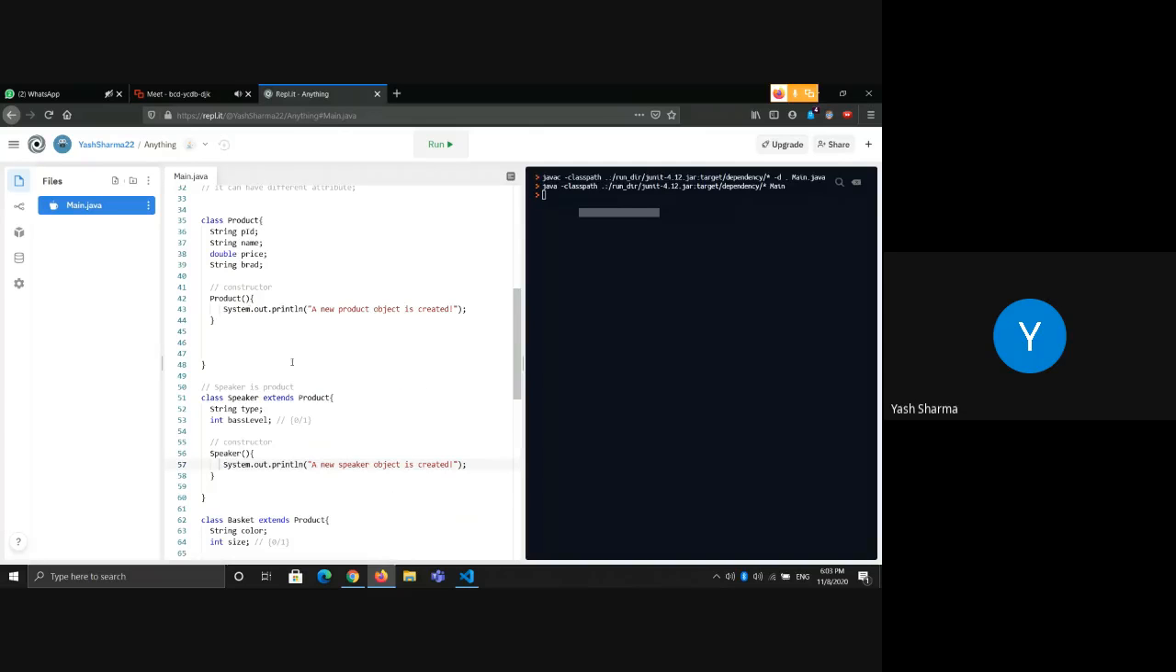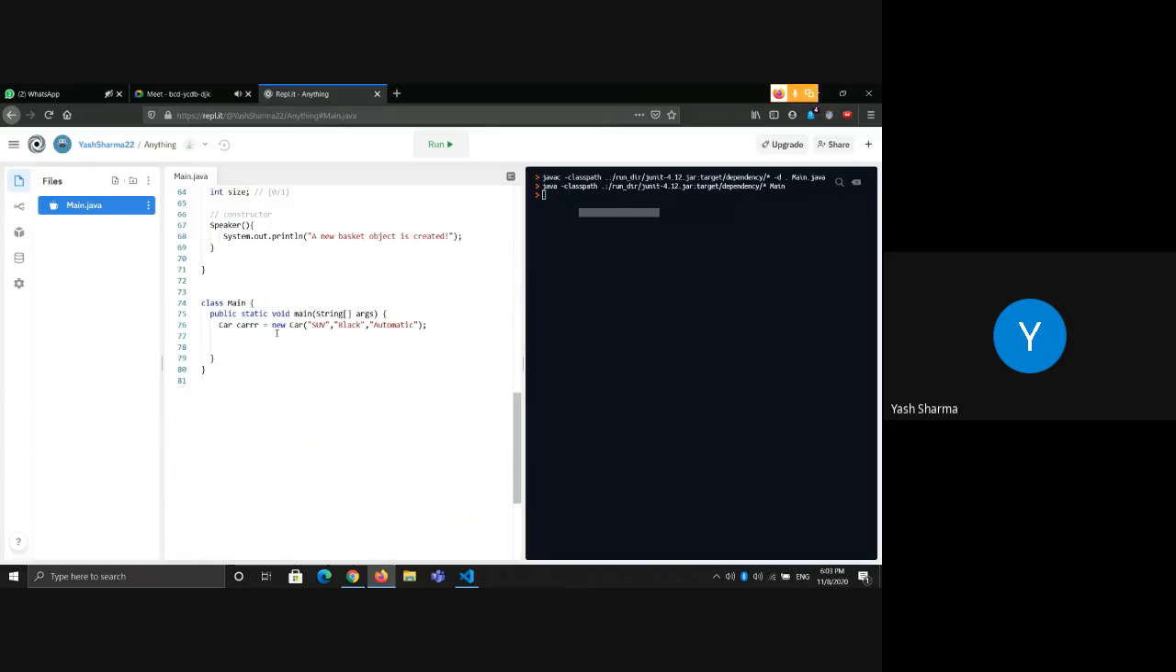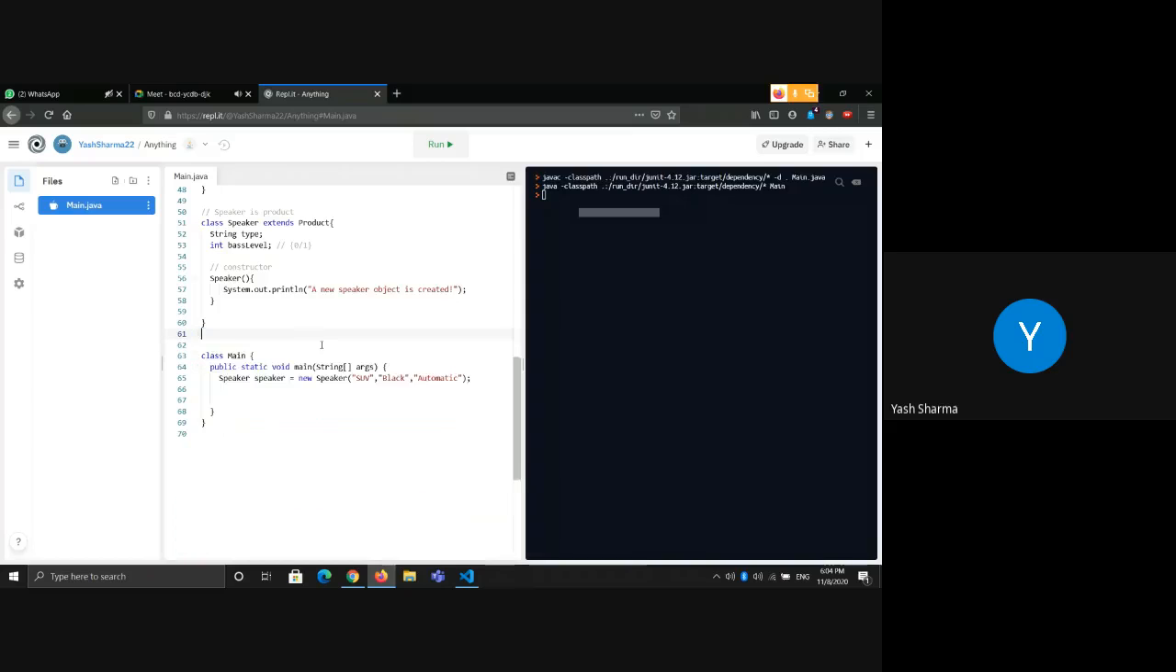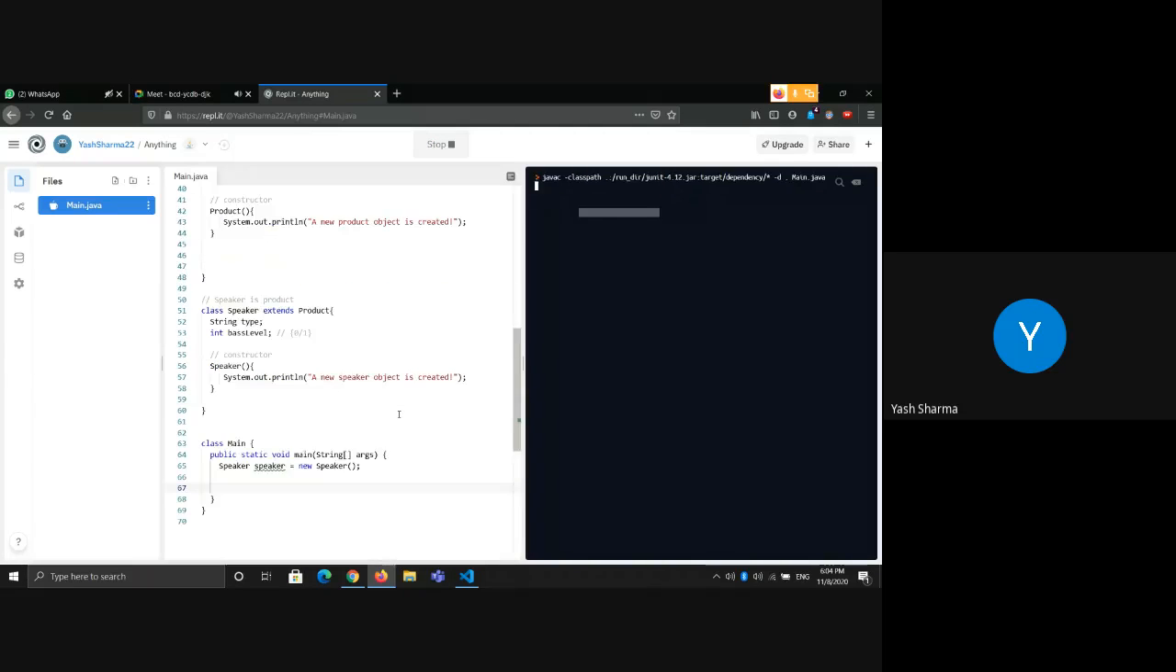So now what we have done is, let's go to the main method, and instead of car, we'll say speaker. The name will be speaker. And as you can see here, let's just delete this. As you can see here, the constructor doesn't take any values in it, so we don't have to pass anything over here. What I want to show here is,